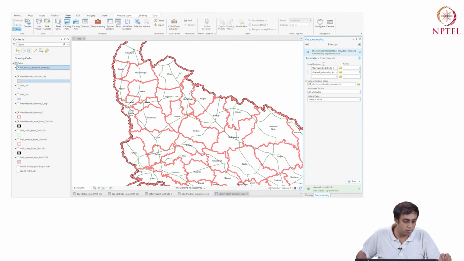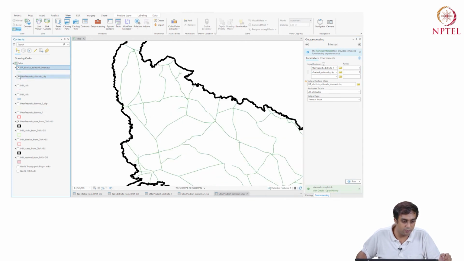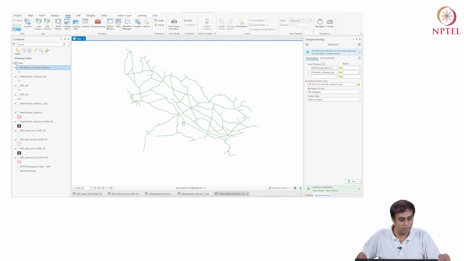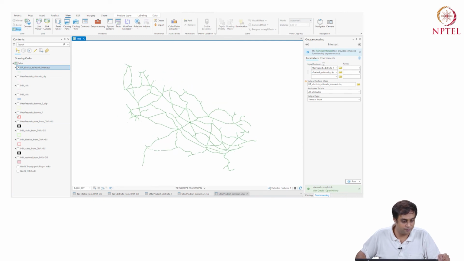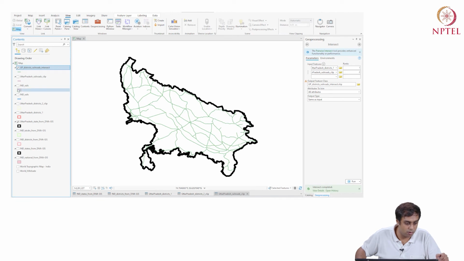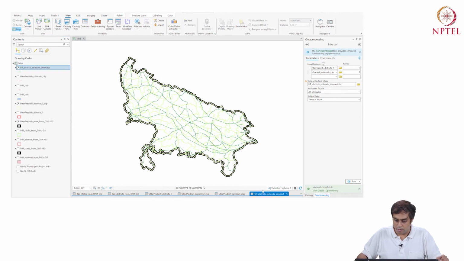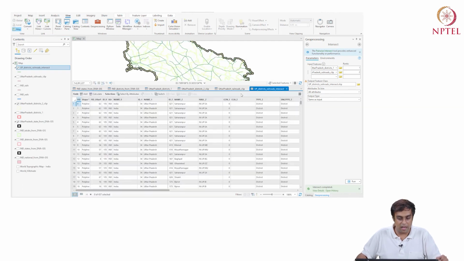Okay, I need to close down both of these things, and what I see is wonderfully a UP district railroad. Okay, what is it that I see here? Let me now just show you what we see. Attribute table. Okay, so let's look at the attribute table.